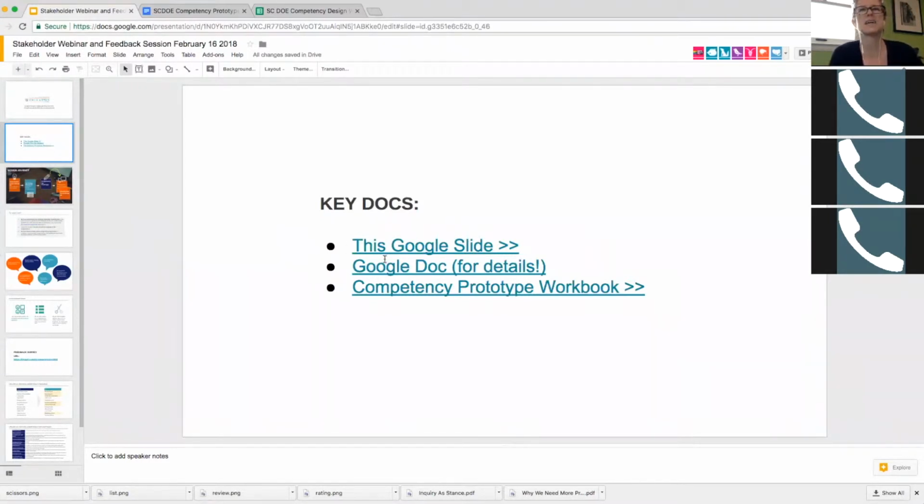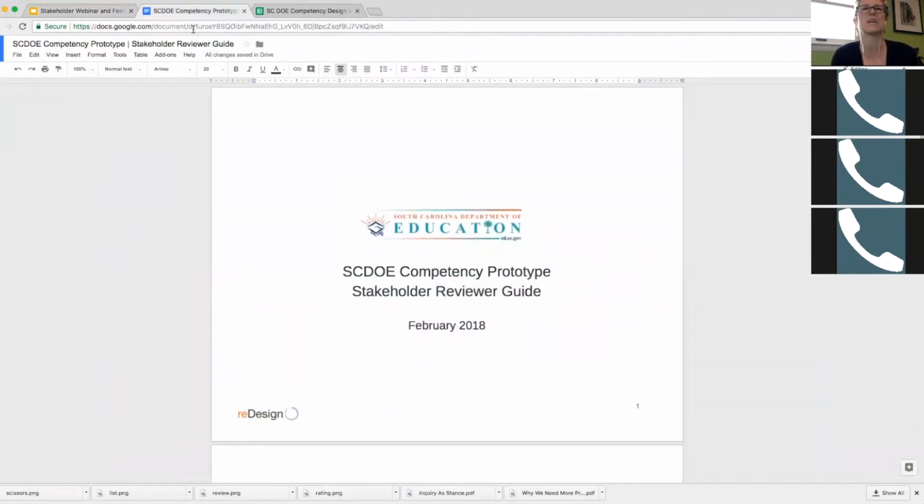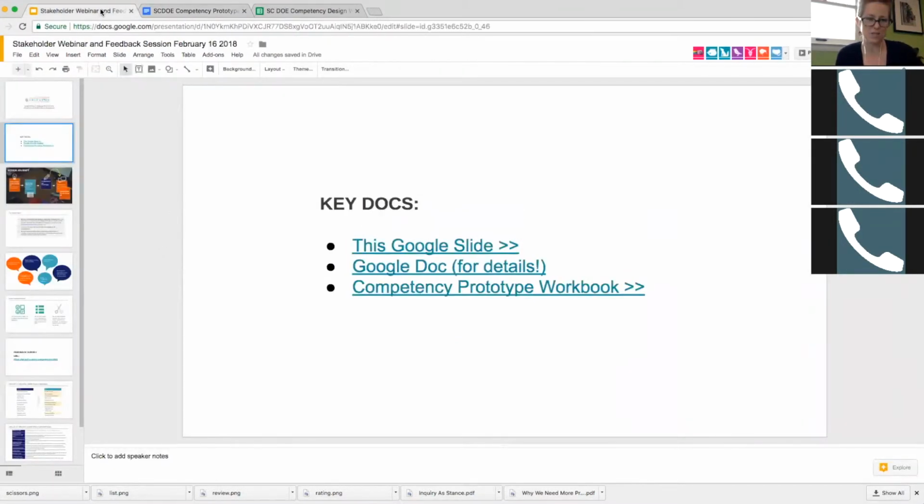The second key doc is a Google Doc. I'll click over to it here, which provides a very similar overview to the Google slide, but more detail. And the final document that I'm very excited to share, which is actually a Google Sheet, which is an online Excel